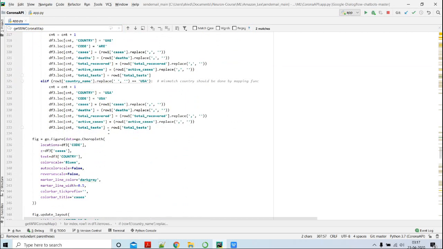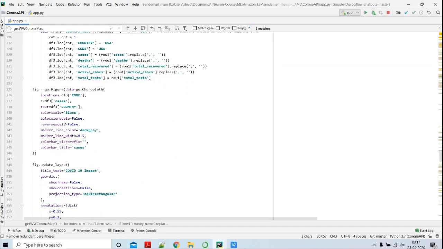Once this is done, I am calling a map object. The map object is a plotly map. It is creating an object of a plotly map, and there is a method called figure, and inside that it takes the data. This is creating a map object of the type choropleth, and from the data it is taking the country code.